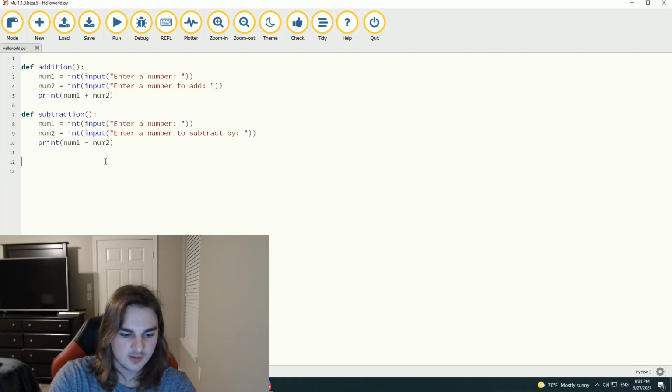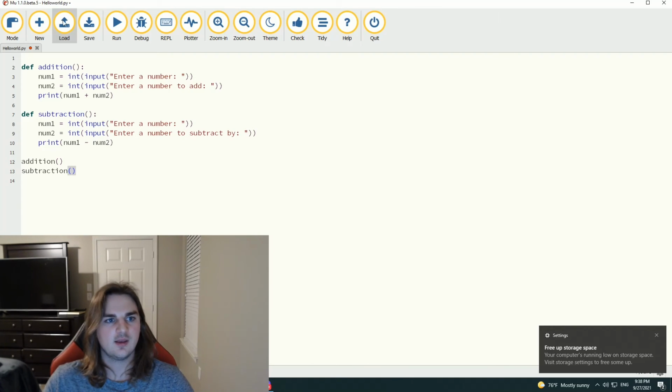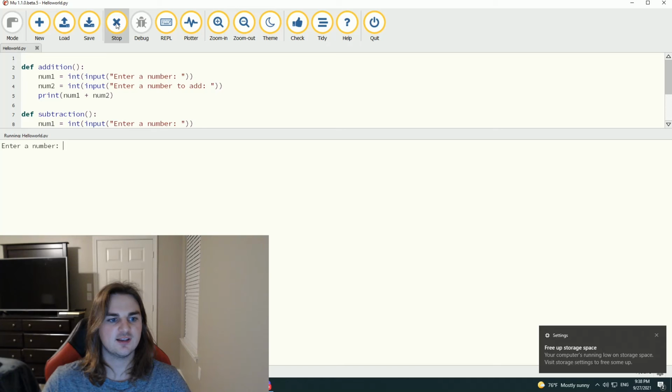Now we can call our addition function and our subtraction function. And when we save this and run it,